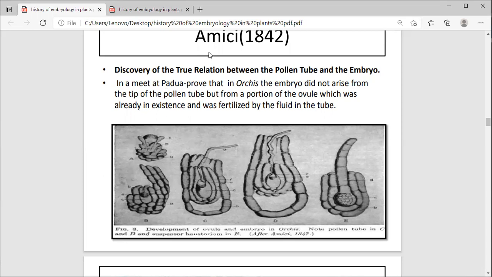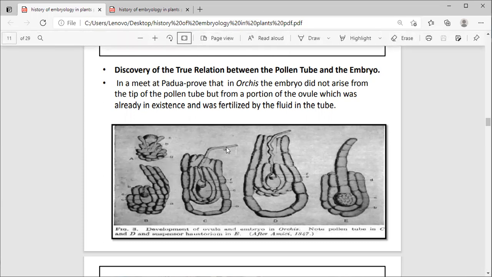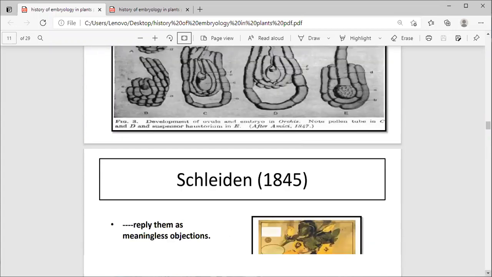This is actually Amici's study here, the development of ovule and embryo in orchids. Note the pollen tube. If you see here in C, note the pollen tube, and D is the suspensor and haustoria. So this is the suspensor and haustoria. This is a photograph of a book of 1847. This is the sketch diagram along the TS, and after the TS they sketched on paper and studied it. Okay, so this we call some kind of